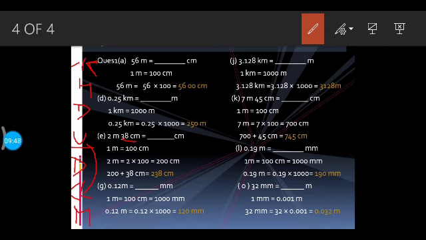How many times? Again 2 times. So I have to multiply because I am going downwards from bigger to smaller unit, and I have to multiply with 100 because I am moving downwards 2 times. Okay, so this 2 meter will equal 200 centimeter, and this 38 is already given to you in centimeter, so you just add them up. 200 plus 38 will be equal to 238.